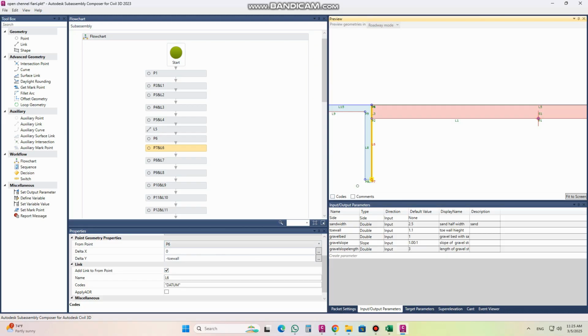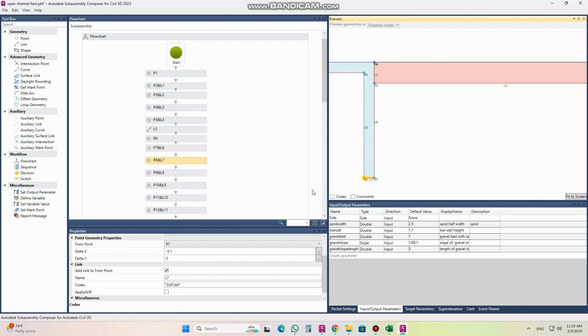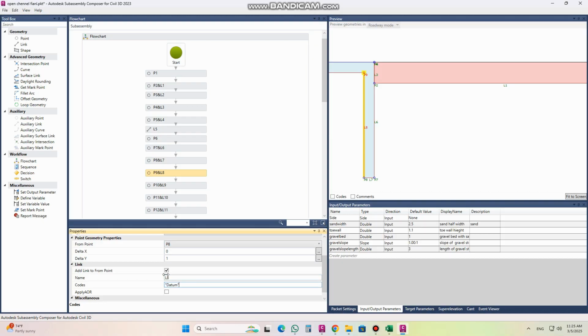Because many times people text me that their datum lines are not catching the datum points, so that is one of the reasons, we did not put the right spelling. This spelling is right, but the first letter must be in capital letter and the rest must be in small. If I save here,